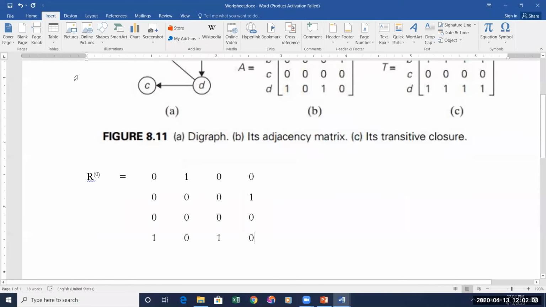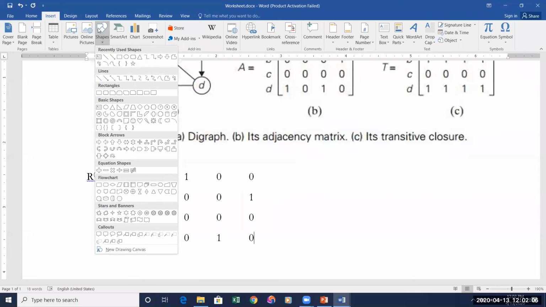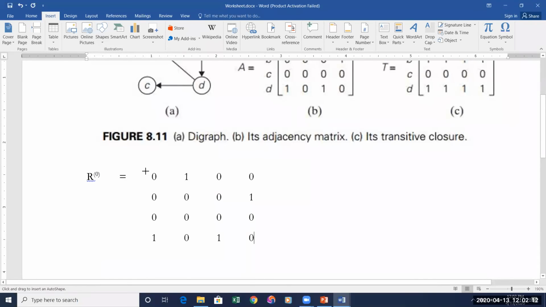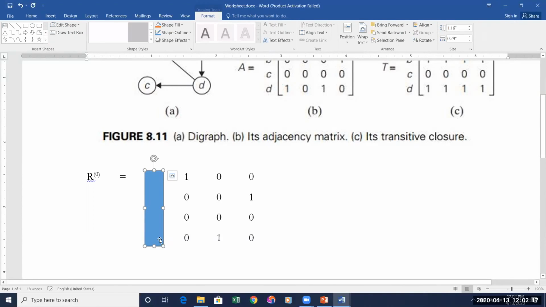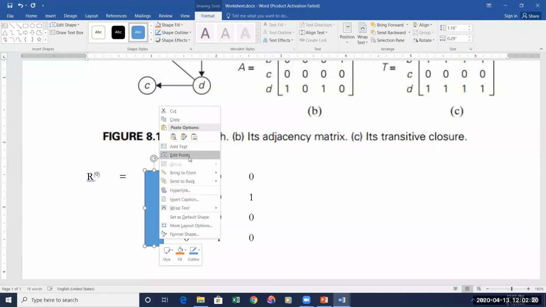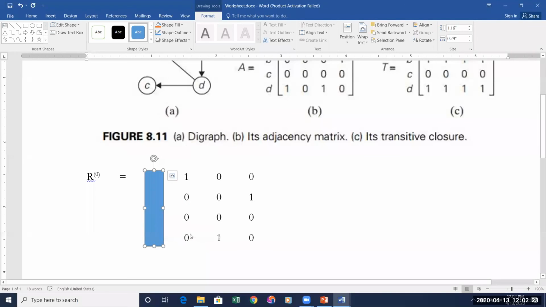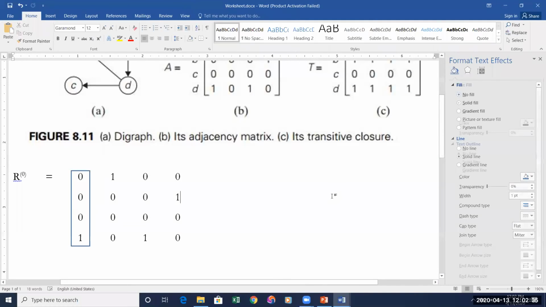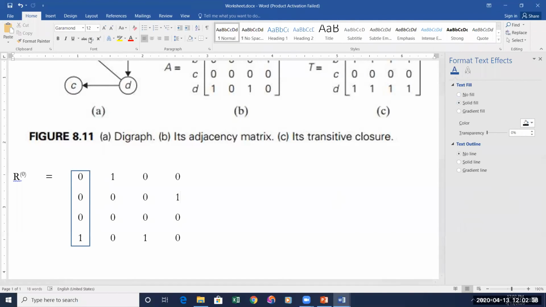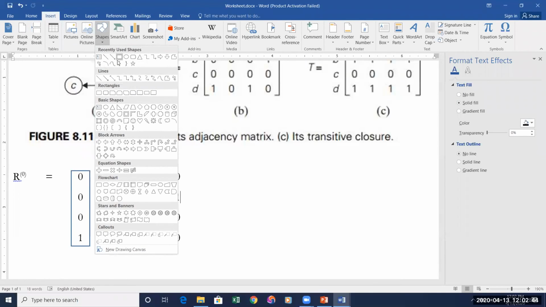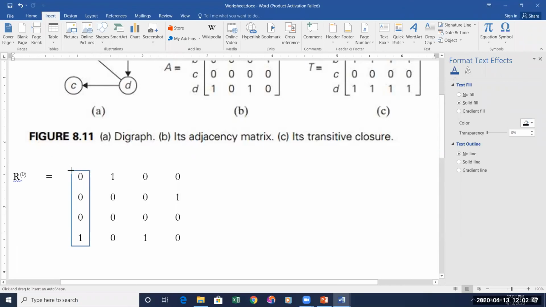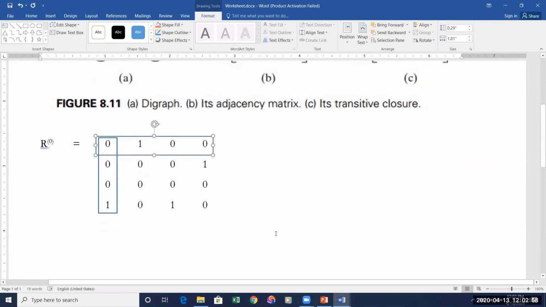Once you have written this step, what you are supposed to do next is mark the first row and the first column. So now the value of k, you are supposed to mark. Like this, you are supposed to mark the first column and the first row. I'll take one more box and mark it. So this has to be done like this. Okay. Now the value of k.